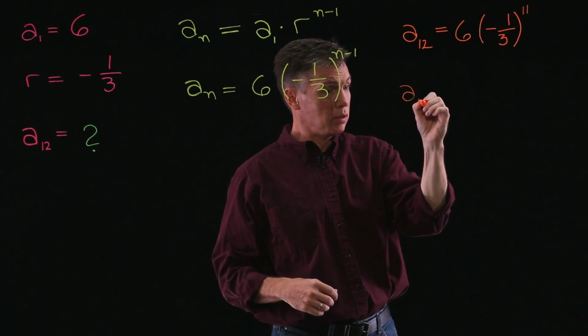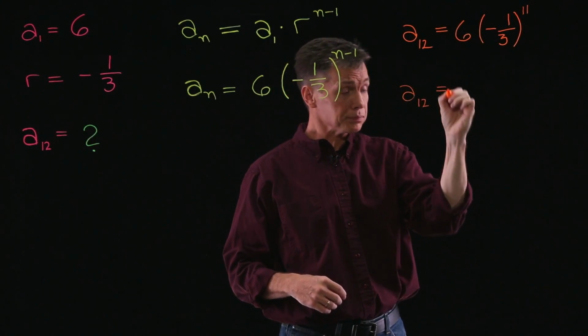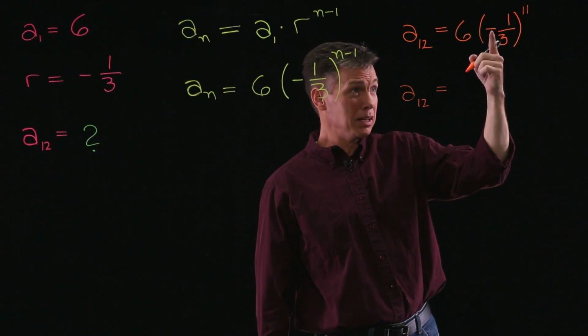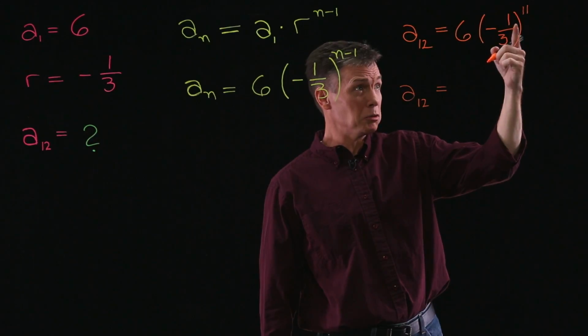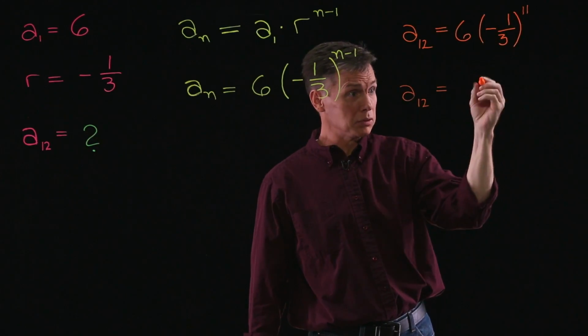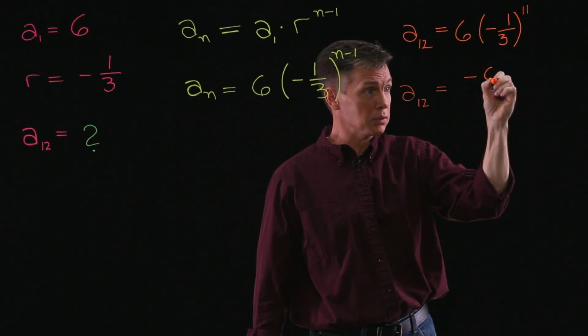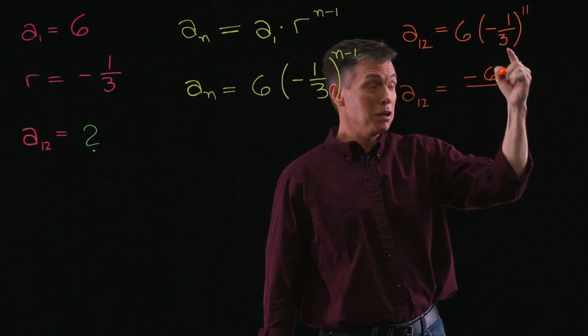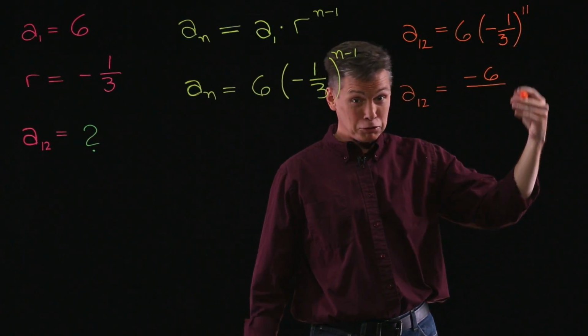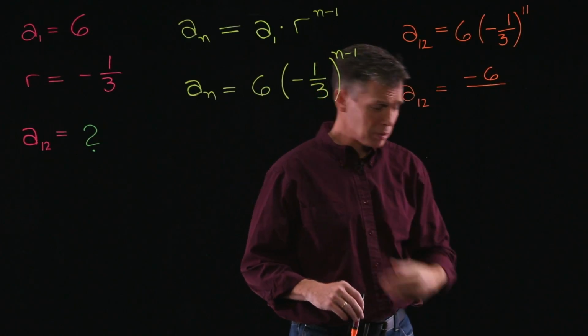A sub 12 equals, I think I can do some of this in my head. The negative 1 in the numerator is being raised to an odd power, so it'll be negative. And then I'll put this 6 through, minus 6. But in the denominator, a 3 to the 11th power, I just don't know that off the top of my head. So grab a calculator,